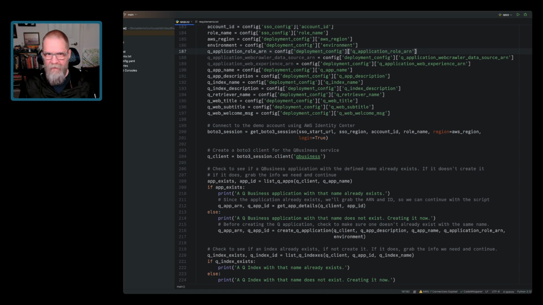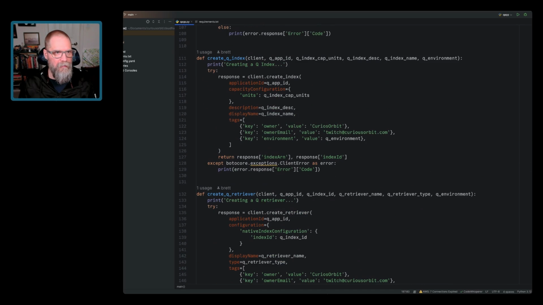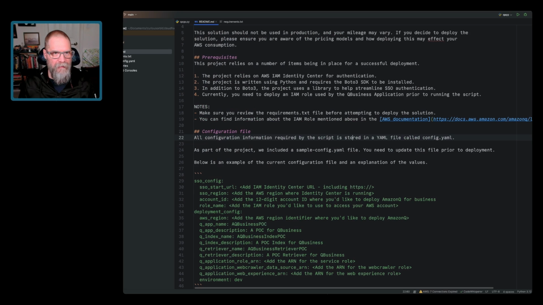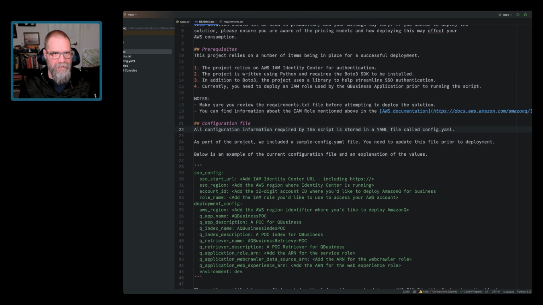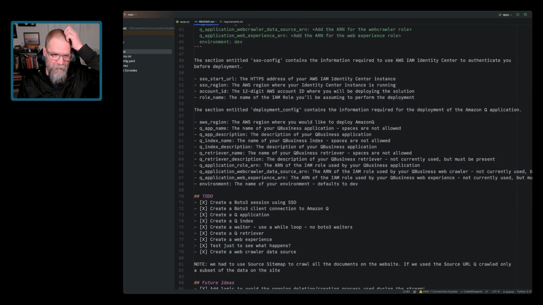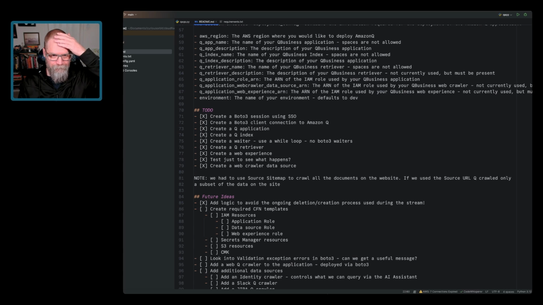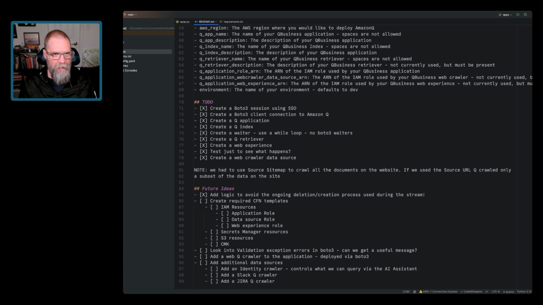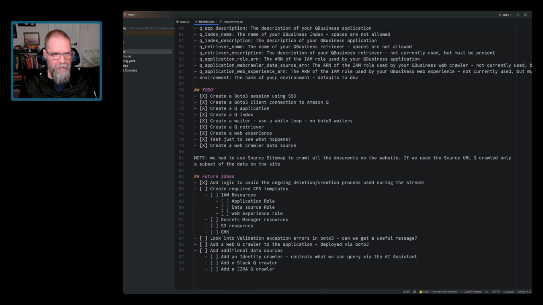So, if you remember, we left off, I've been writing up some README files and things like that, and we published this into GitHub. And we have a to-do list here. We worked through a bunch of things, and I said last week that maybe we could start taking some of this content, some of the configuration, and see if we could figure out how to build out some CloudFormation templates